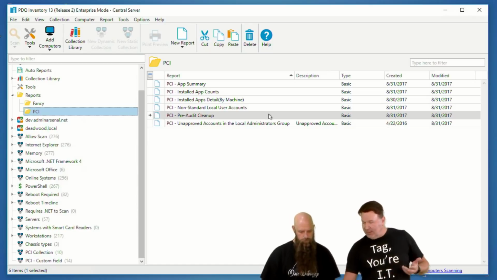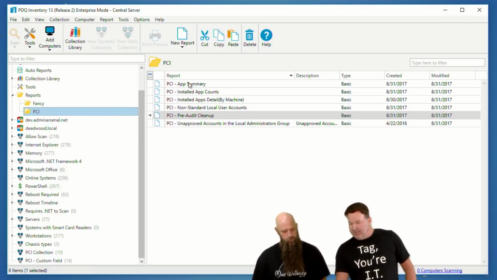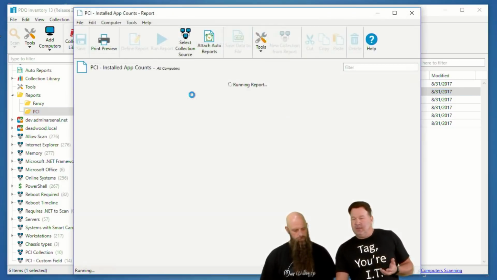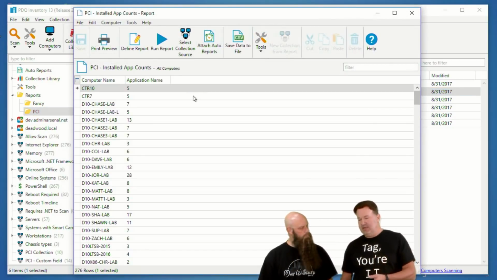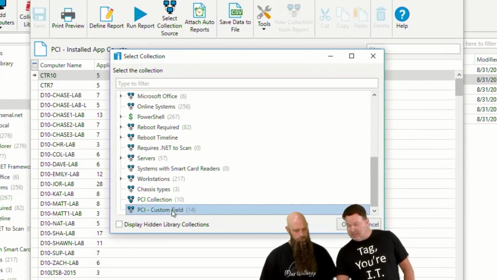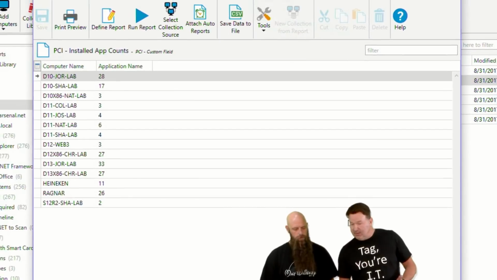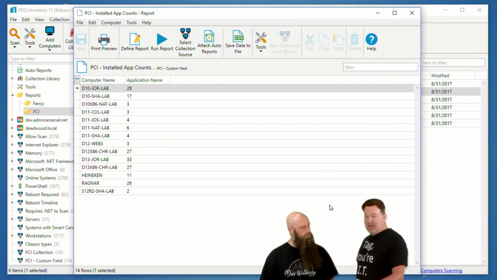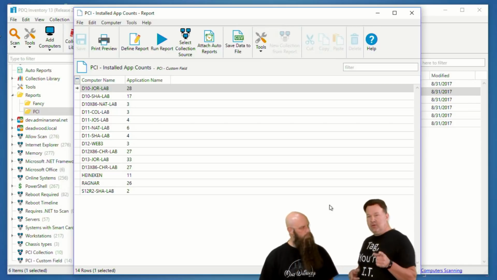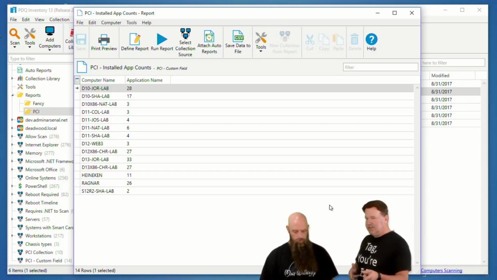So we're going to do just basic things here, like an app summary or installed app counts, right? So you've got a few reports they're going to ask for. And again, with this, you just make sure that you select your PCI collection. And those are the machines that we're tracking, and those are the count of machines. So if you run this automated, and we'll show you how to do an auto report right after I finish the statement,